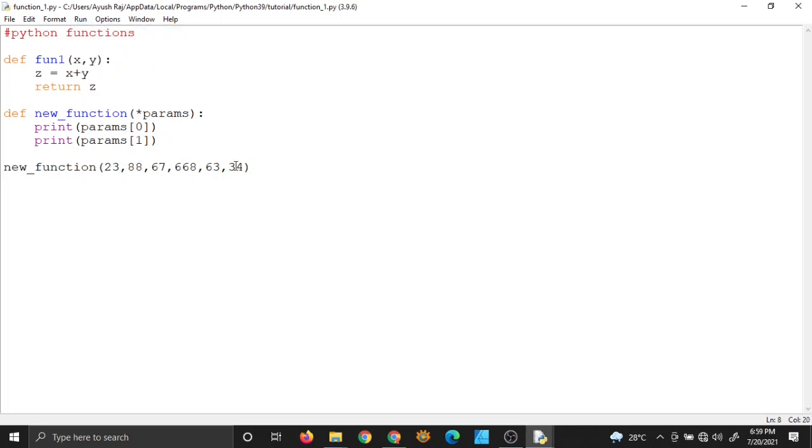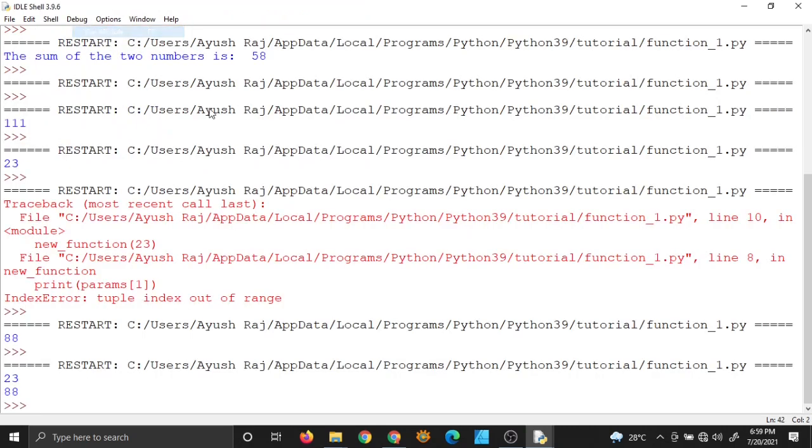But suppose I want to see 63, then what will I do? You can count the index 1, 2, 3, 4, 5. So 63 is at 5th index. So I will type 5 here. I will remove this line. Now I will get 63 as output. Or yeah, more correctly, I will get,